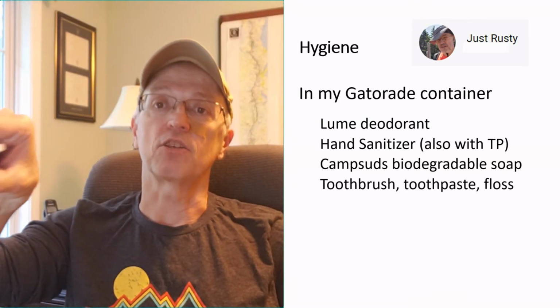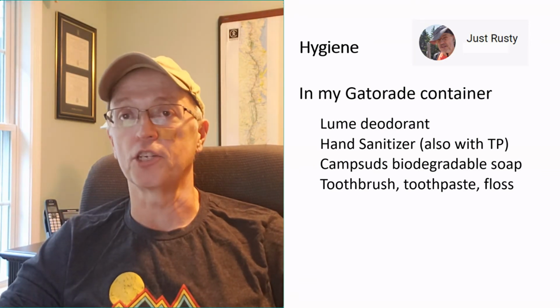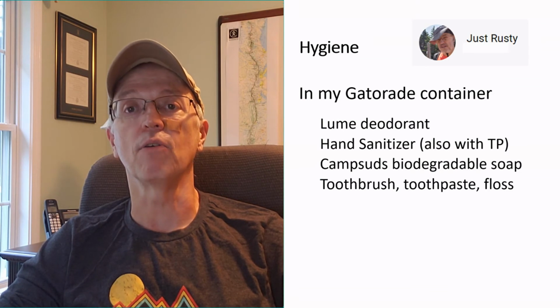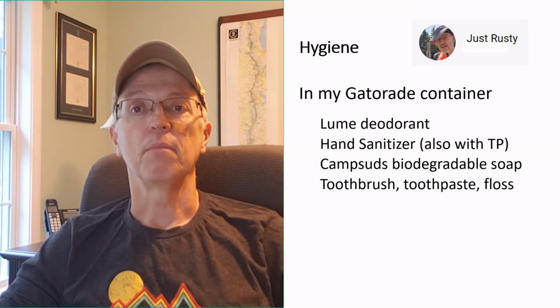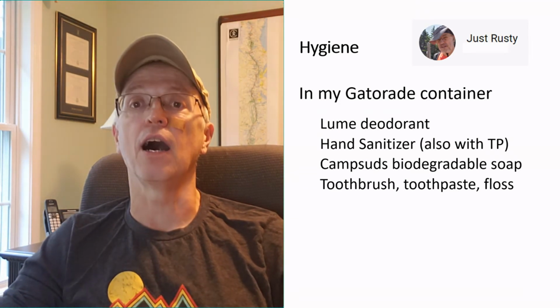which are really cheap. I bring it on one trip, throw it out when I'm done. But you've got to brush your teeth. Don't let your dental hygiene lapse. You definitely need to. And of course, we've got